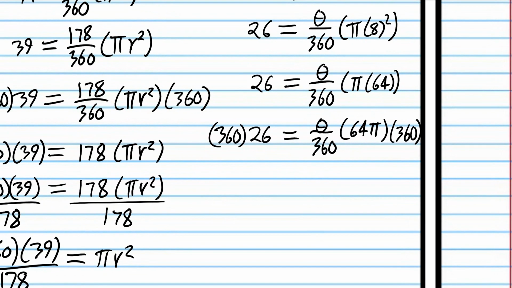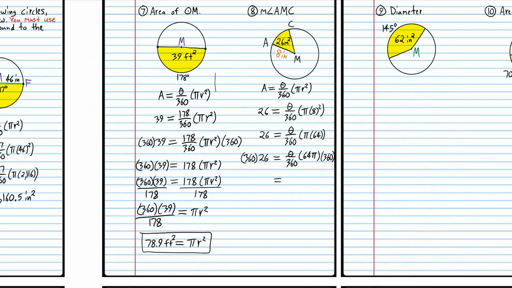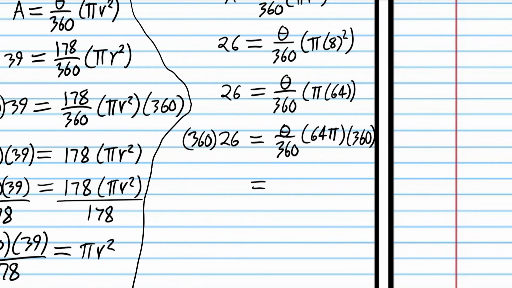And that's going to cancel out that fraction. And let me write a divider here. So we have theta times 64 pi is equal to 360 times 26 over,